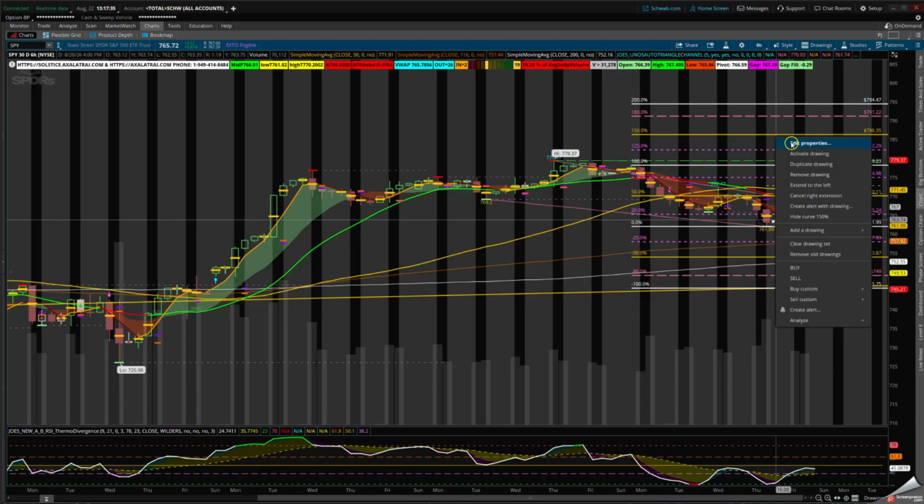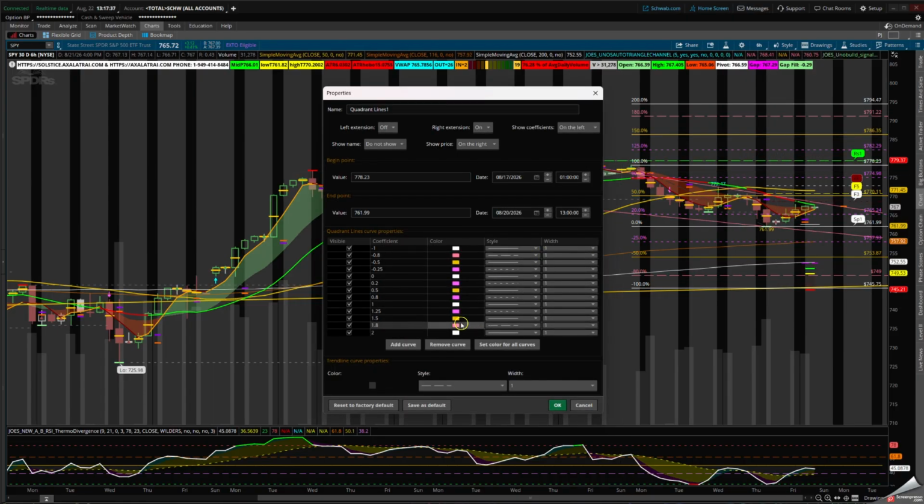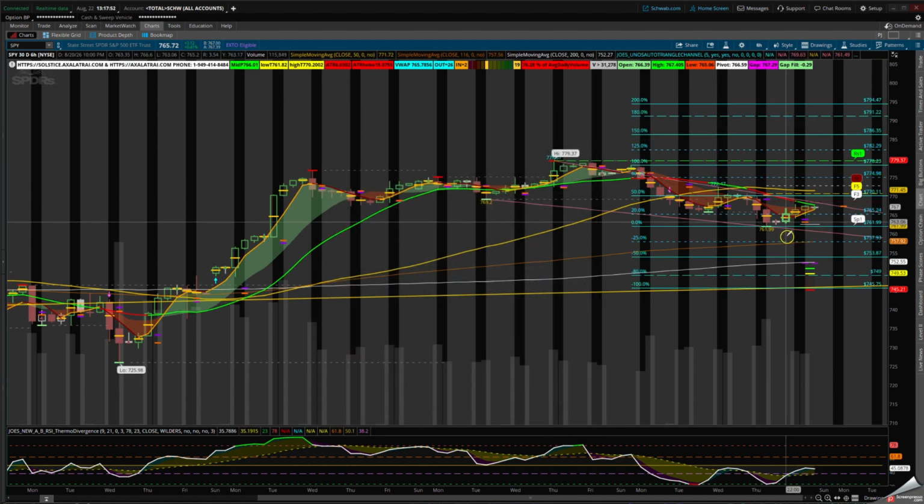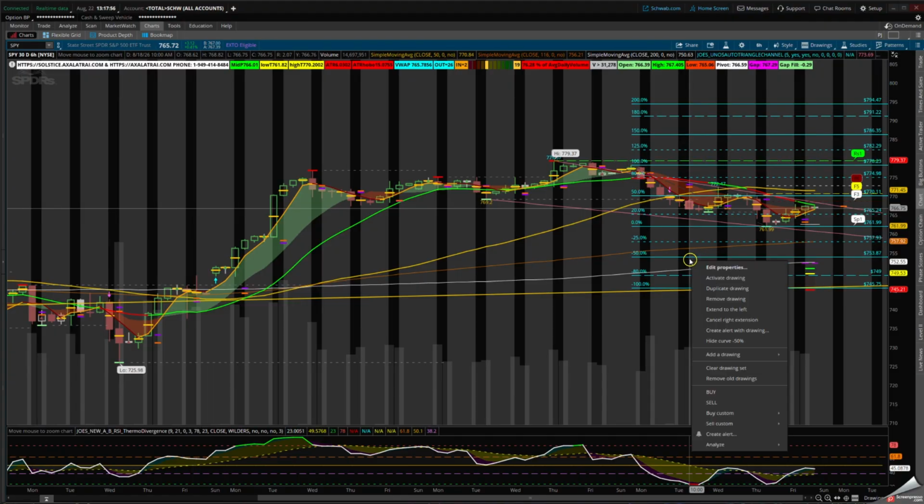I did extend from 0 to 100, the 100 through to 200, and I did the coloring on them from 0 to minus 100. I usually change these colors because if I use Fibonacci's, I'd rather use a cyan color or a flat color for the week to understand where the levels are. And if I extend it to the left, it's going to show you where that gap is.